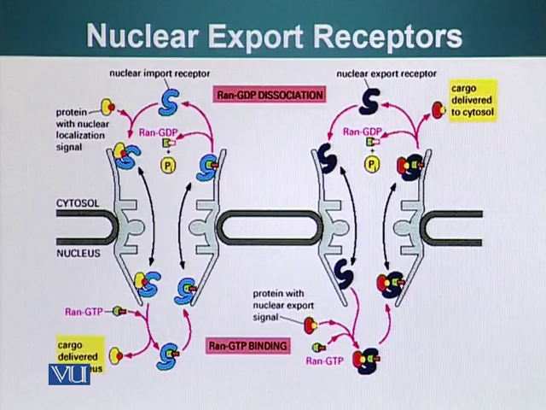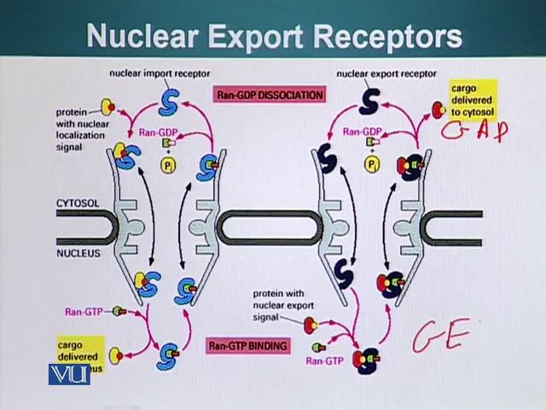So this is both the processes in comparison. Basically, the driving factor here is the presence of RAN assisting molecules. RAN GAP is present in the cytoplasm, and RAN GEF is present inside the nucleus, which is giving directionality